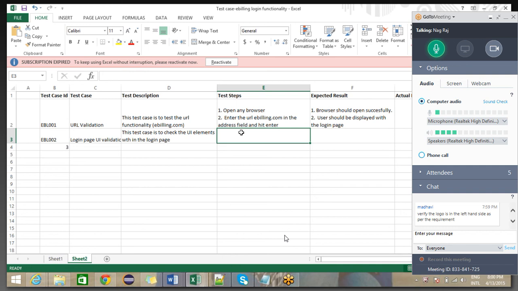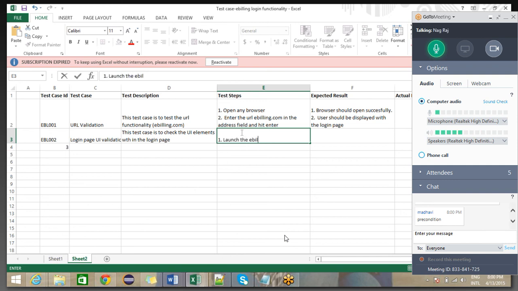Right. If I say directly UI elements, what UI elements? What page UI elements are you trying to verify? Already you gave login page UI validation. How are you driving to the login page? Assume that she is very new to this particular project. How will she know that? So instead of that, what you do is describe those two steps in a single liner, saying that